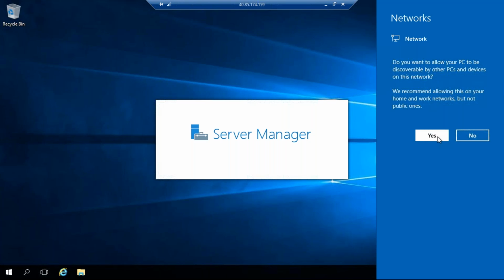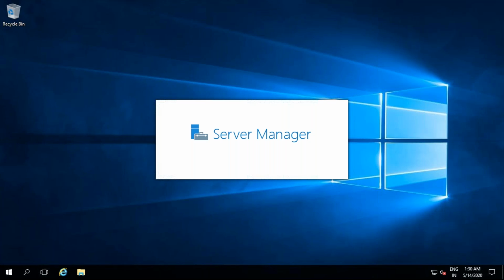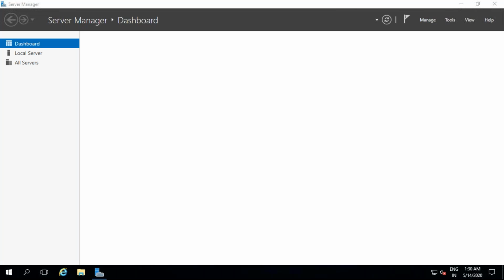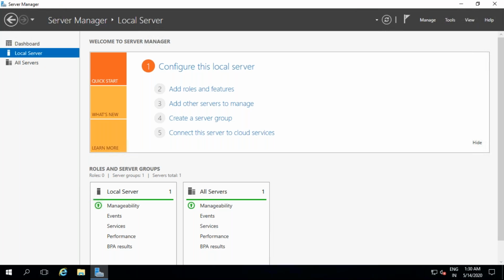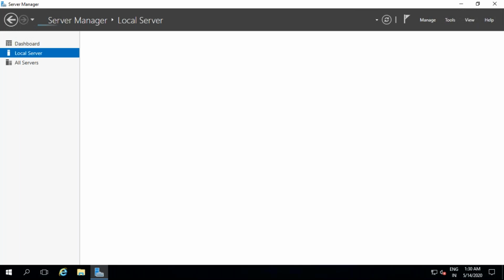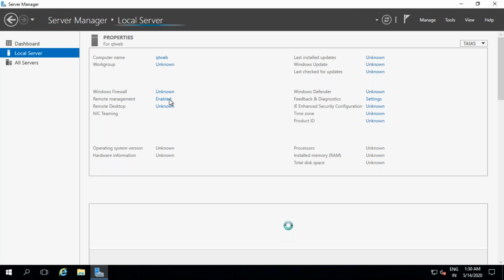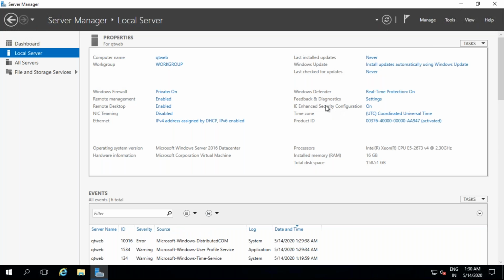I'm just opening this server. Are you seeing this Internet Explorer enhanced security configuration?